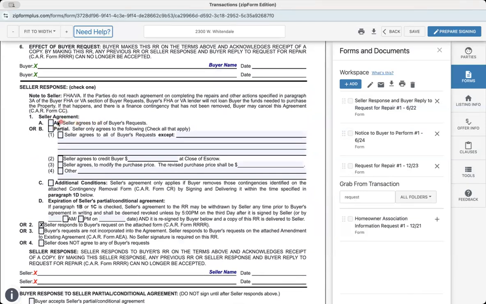Seller has actually agreed to everything. 1A, seller agrees to all of the buyer requests. But here's the kicker. C, additional conditions. The seller agreement only applies if the buyer removes those contingencies identified on the attached contingency removal. So I'm only going to do these repairs. I'm only agreeing to that if you remove your contingencies, which is fair, right? The seller is doing everything the buyer wants, doing all the repairs, but the buyer in turn has to remove